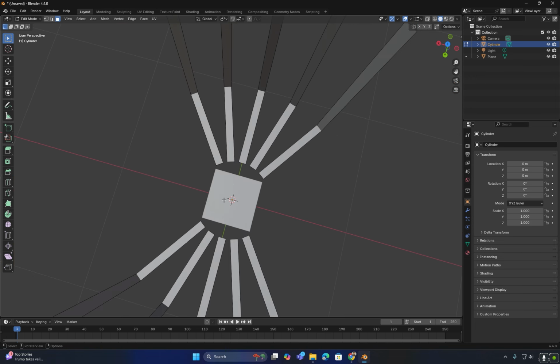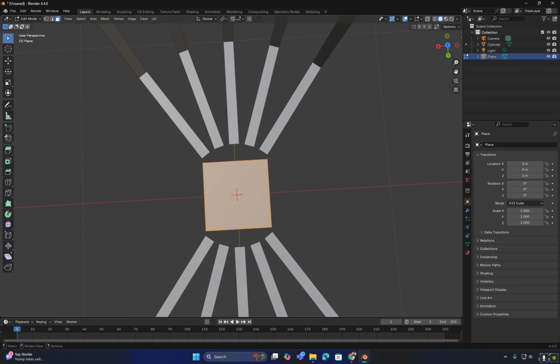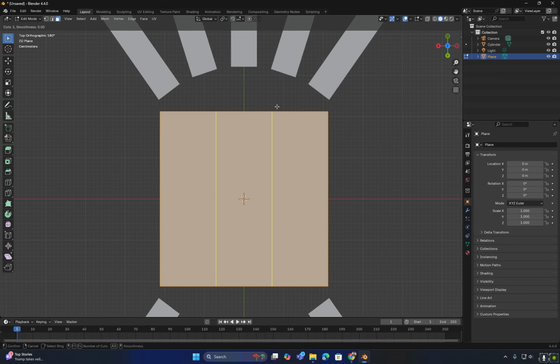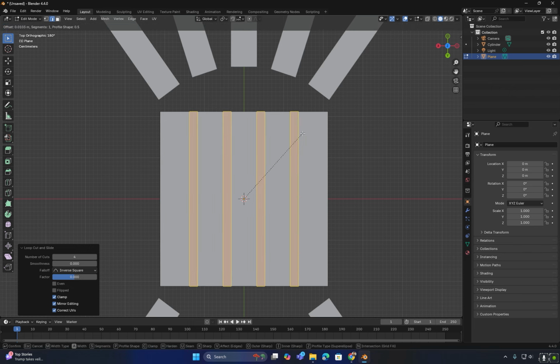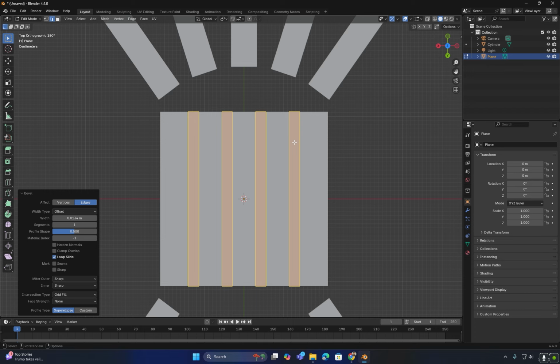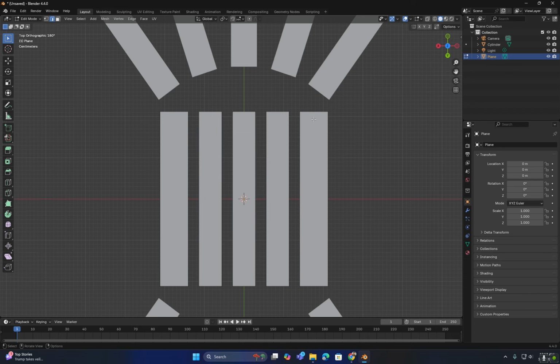Now I will go into edit mode on the plane, press Ctrl plus R to create some edge loops and add as many edge loops as we have parts above. This will help us align and join them together seamlessly. I will select the new edges we have created and press Ctrl plus B to bevel them. After that, I will select the faces created by the bevel and delete them to create gaps similar to the ones in the upper parts.